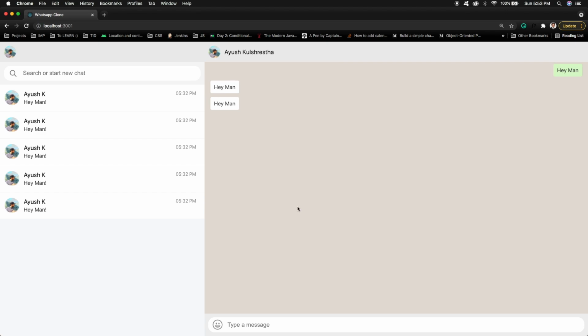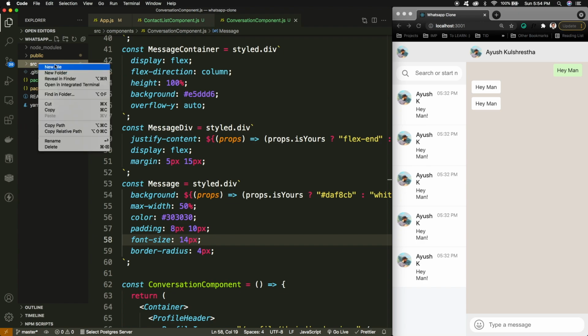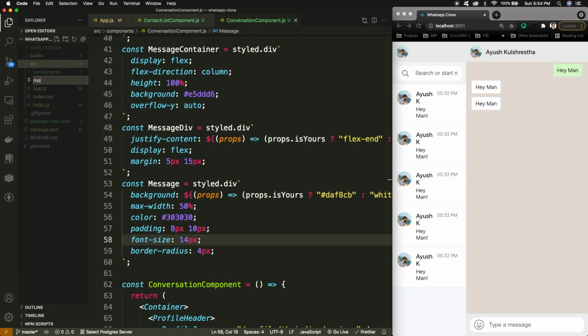And now the things that are remaining are the emoji picker. For that I'll be using a library, the emoji picker, and other than this we can mock the data for this part. If I go to the folder structure and create a new file inside the source, this is going to be mockData.js.